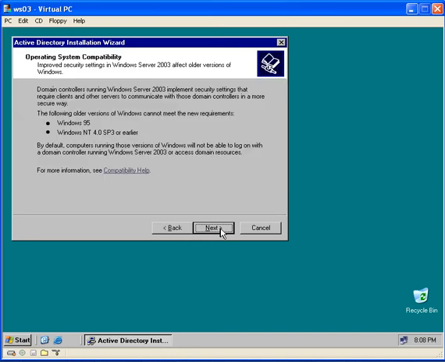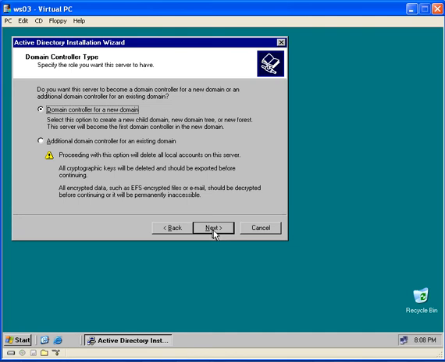We'll start by clicking Next, confirming the operating system compatibility, and reading through this dialog to make sure that we're okay with the fact that certain versions or older versions of Windows operating systems don't meet the new requirements, those being Windows 95 and Windows NT 4 Service Pack 3 or earlier. So we need to be at least at a Windows NT 4 SP4 level or higher. We'll click Next because that's not an issue here,